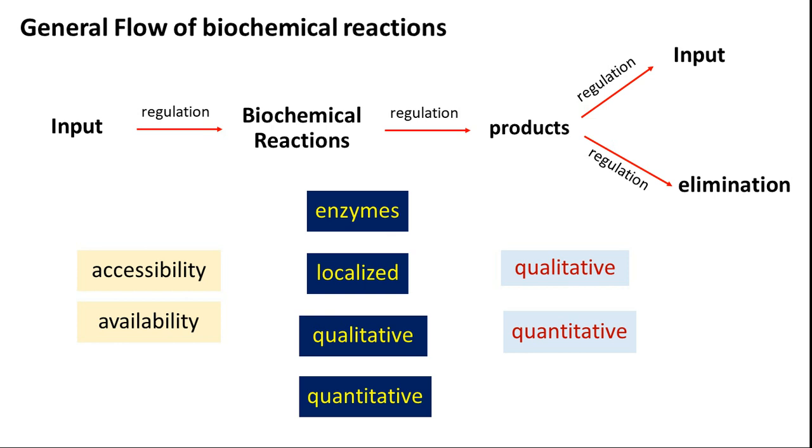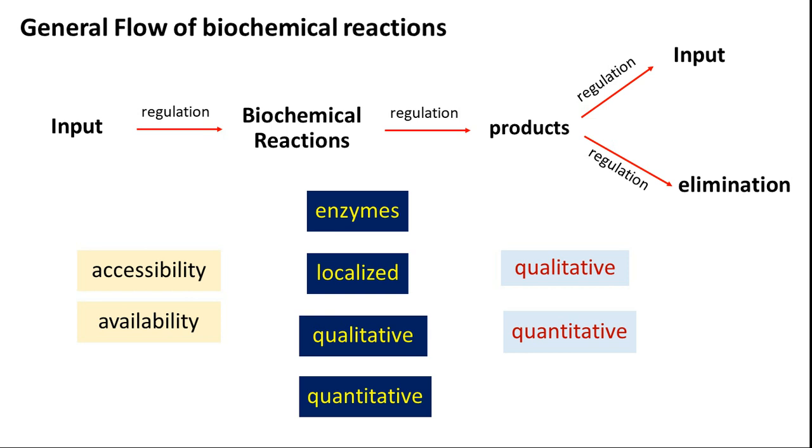Quantitative means, let's say we need adrenaline for working our adrenergic system. Let's say more product is formed, like in case of pheochromocytoma, a cancer of the adrenal gland, you will be getting more adrenaline. So that leads to a disease. Qualitative information regarding product is whether a product is there or not. Let's say if dopamine is absent in your brain, you are going to go into a depressive condition.